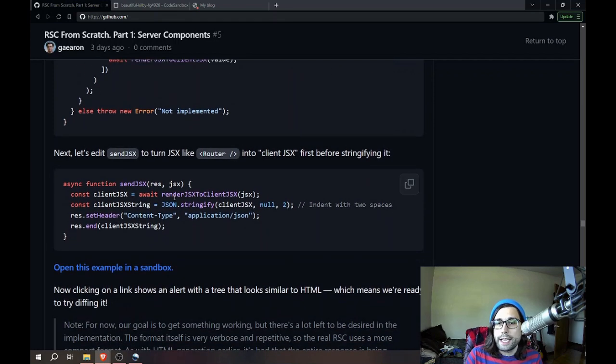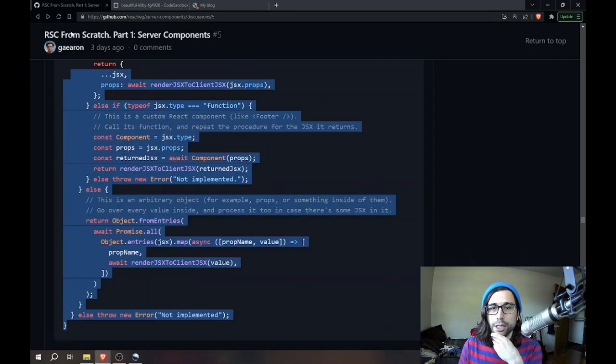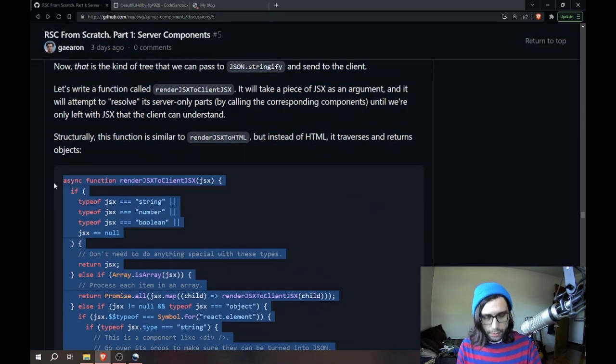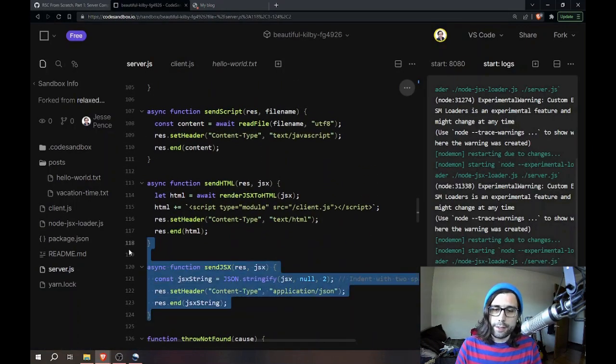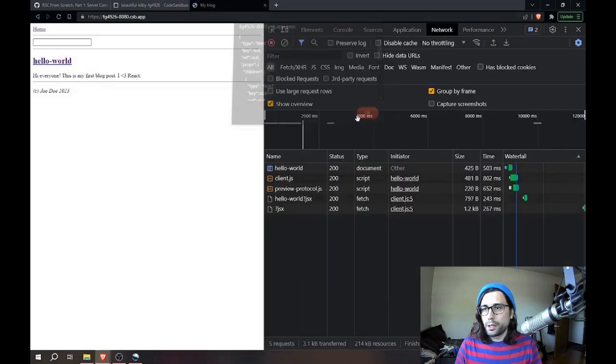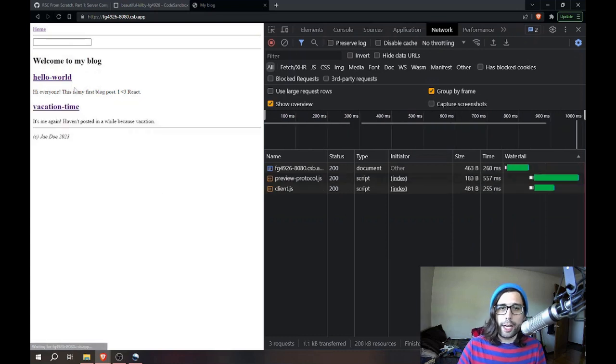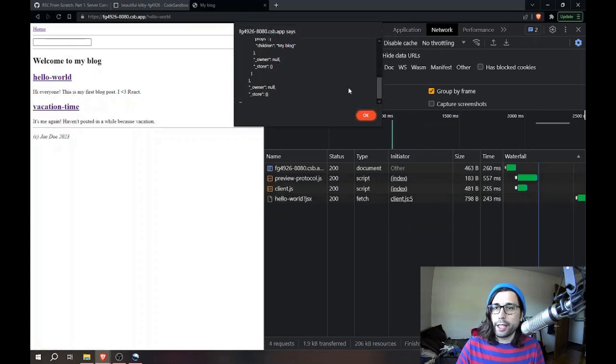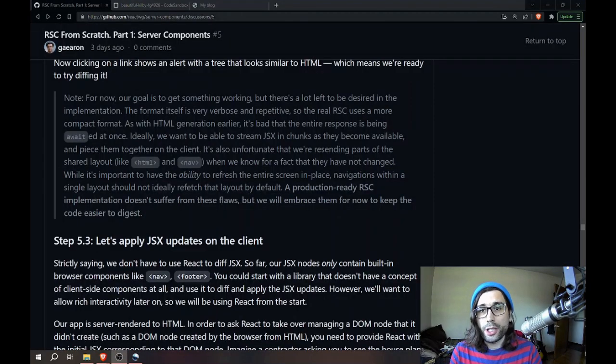So next we need to edit sendJSX to turn JSX like router into client JSX first before stringifying it. So let's copy these over. And we edit our sendJSX function. And if we save this and go over, now if we refresh and we click on the link, we're going to get the type of JSX tree that we want, where it has the HTML, the head tag, everything that we want inside of it, the title, etc. Now clicking on a link shows an alert with a tree that looks similar to HTML,